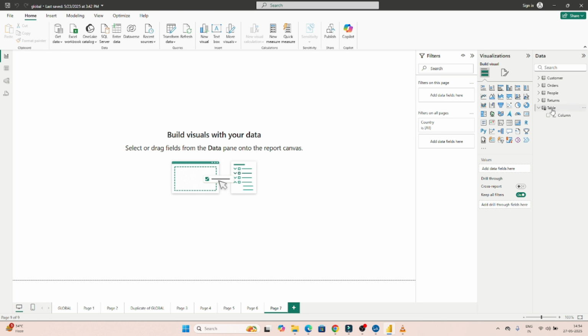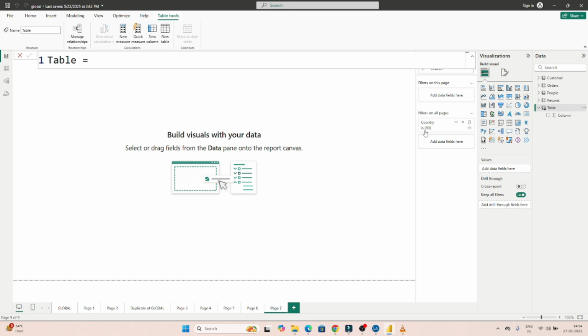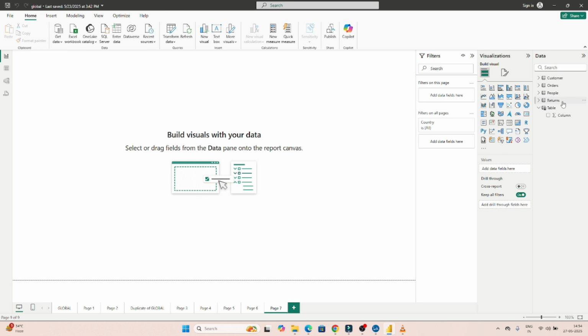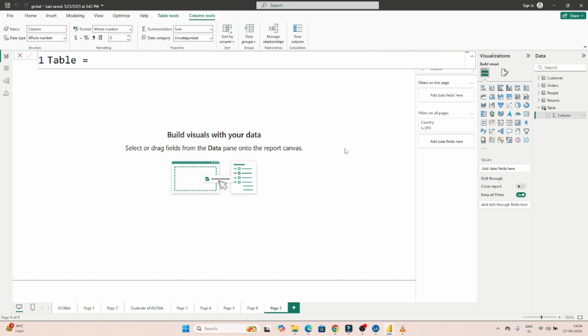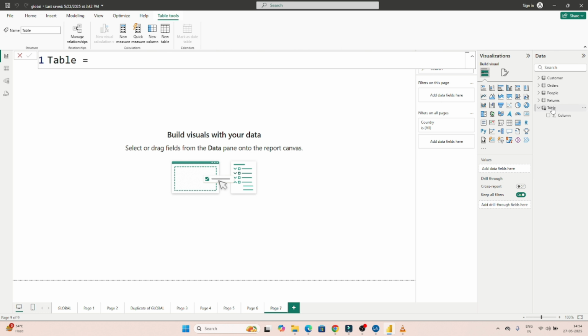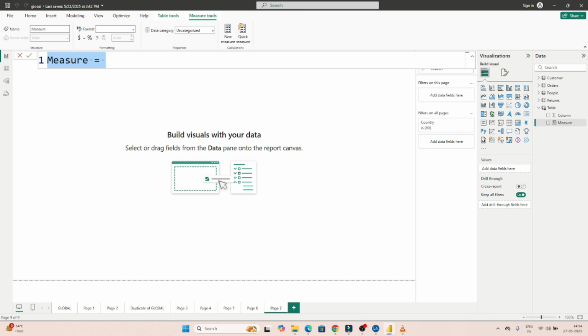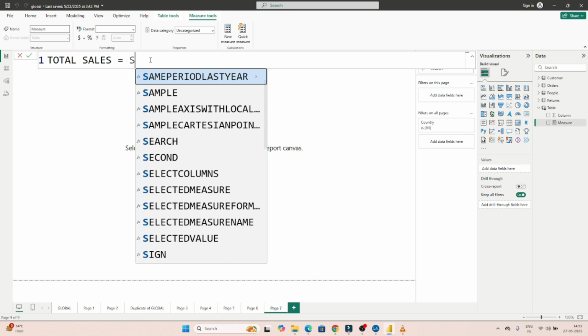Now in this table, if you have to create any measures, you can create them. For example, I'll select this table and click on New Measure. This is the new measure which is going to be created. I'll name the measure Total Sales. How can I calculate the total sales? I'll write sum of